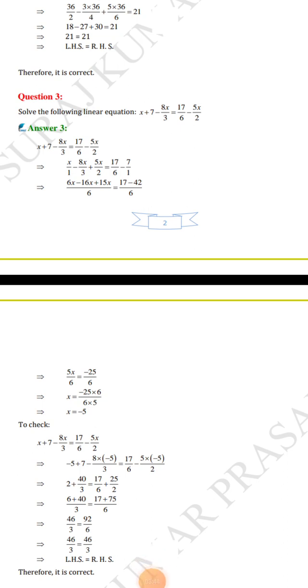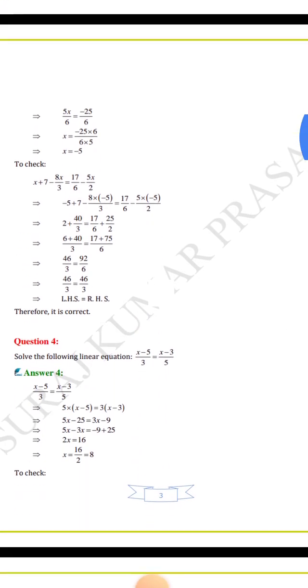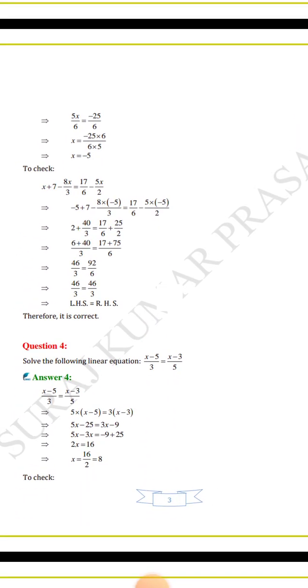Then we get 6x minus 16x plus 15x by 6 equals 17 minus 42 by 6. Then we get 5x by 6 equals minus 25 by 6. Then x equals minus 25 into 6 by 6 into 5. Then the value of x is minus 5. Then, to check,